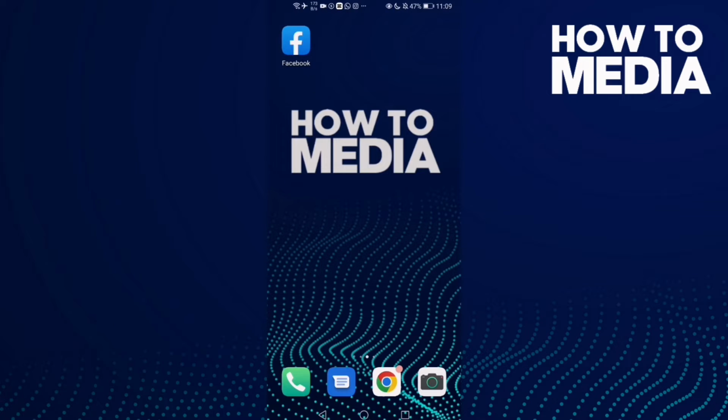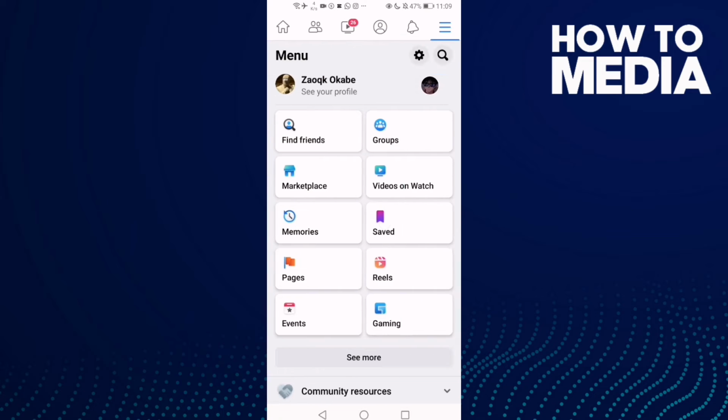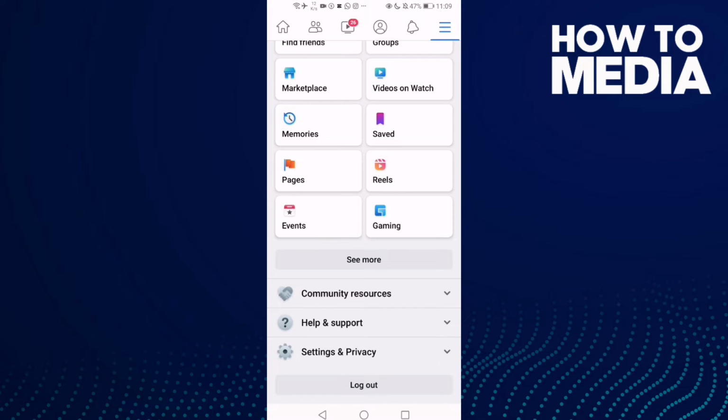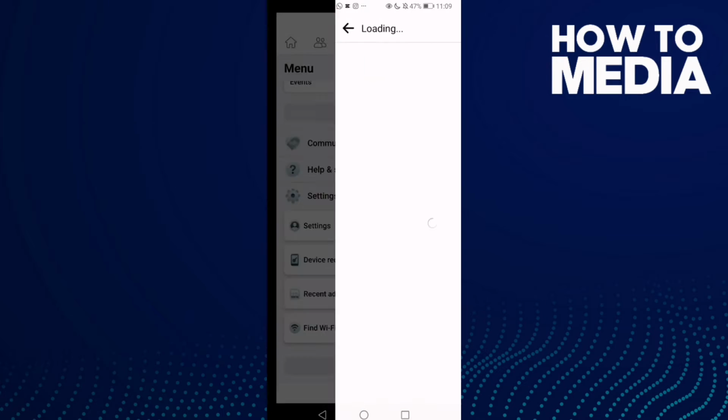First thing you're gonna do is go to Facebook and then click this three lines here and go down until you find the settings and privacy. Click on it and then click settings